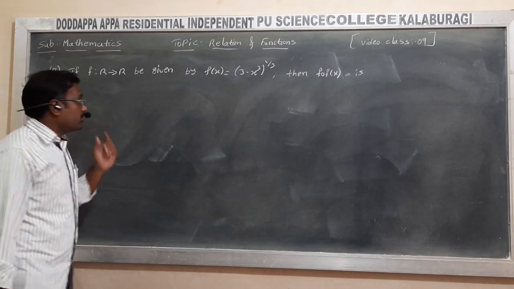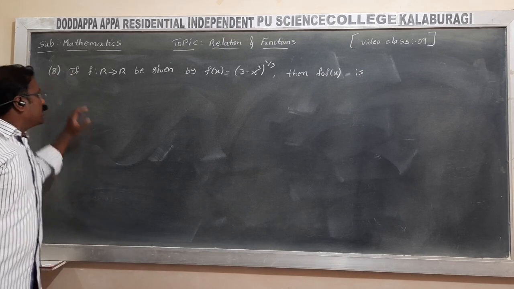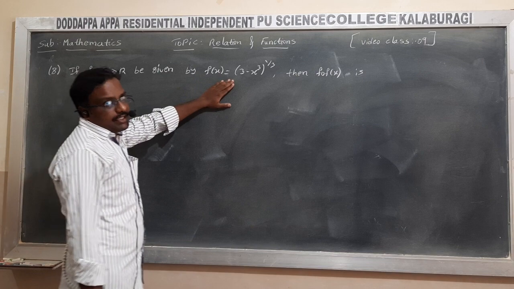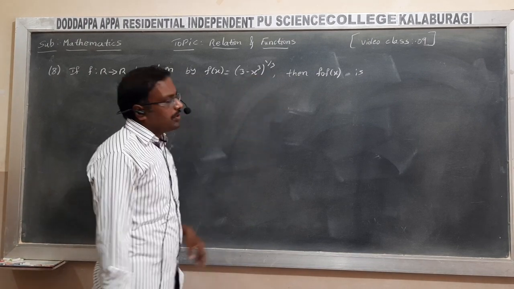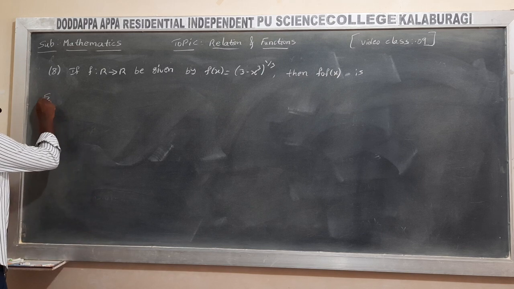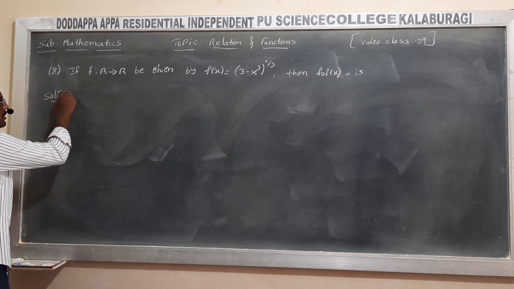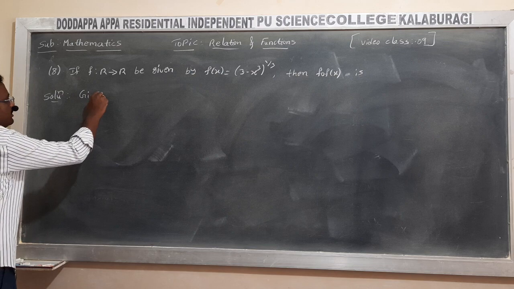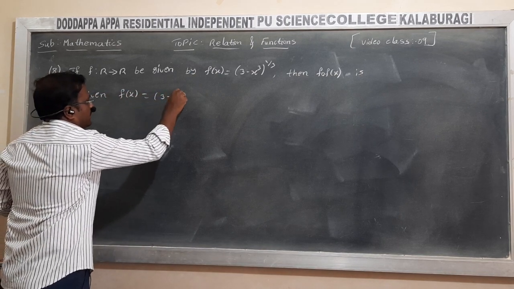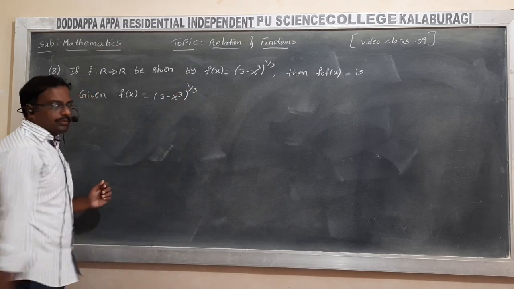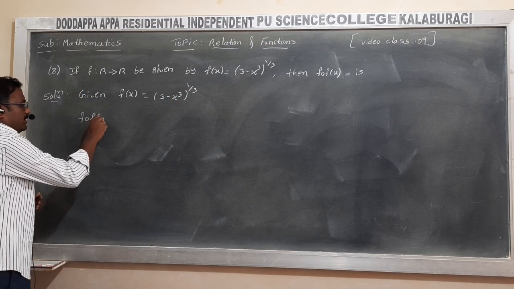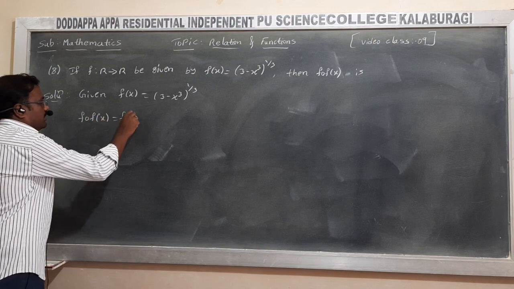Okay, we go for another problem. Here what is the given? If f from R to R is given by f of x is equal to 3 minus x cube whole power 1 by 3, then you can find out f naught of f of x. So first you have to write the given, that is f of x is equal to 3 minus x cube whole power 1 by 3. Okay, then you can find out f naught of f of x. This can be written f of